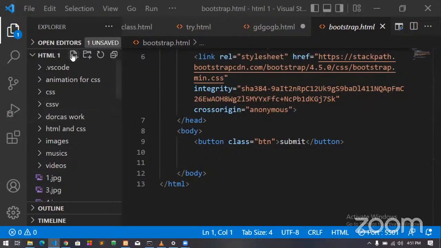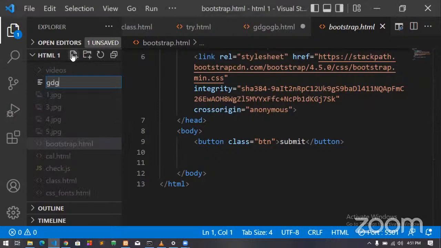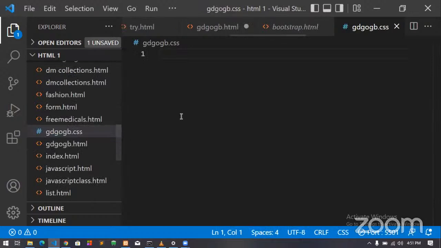Great. So I'll be saying GDG Ogmosho.css. This is my external styling. So I'm going to ask a quick question. Oh, our time is going. I'm going to ask a quick question, please. If I want to style my body, and I'm seeing who is going to answer that question. If I want to style my body in my external CSS, how do I do that?